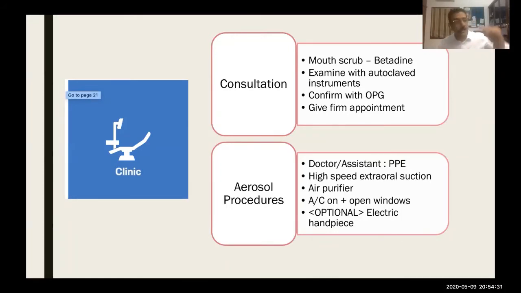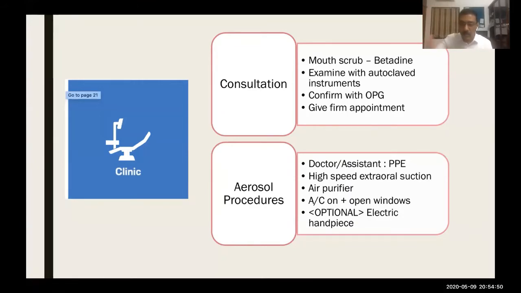High-speed evacuator is already furnished with a plasma filter, there is a charcoal filter, there is a UV filter, and one more sound filter is there. After the 4 filtrations, it is going to come back into the room as fresh air. So that is going to give us more amount of security.